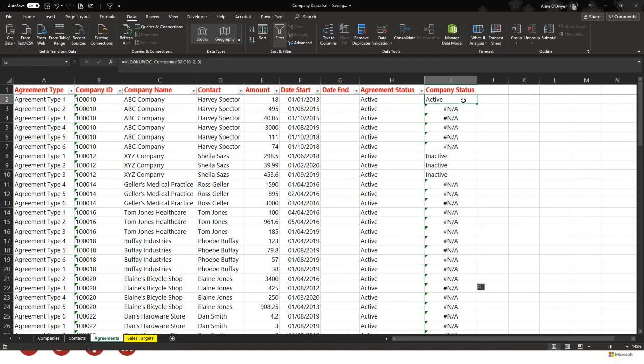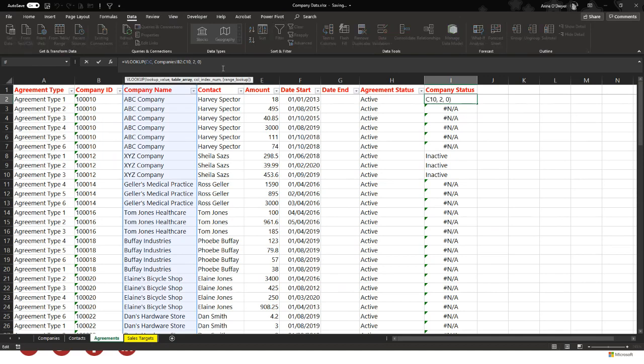What's actually wrong here is you can see from the first cell, the data I'm looking for is B2 to C10. But when I brought it down, it's actually gone into B3 to C11, which it shouldn't do. But there is a way to get around this. If I click back into the first cell and go beside companies B2 to C10, click in beside that one and just press F4 on the keyboard,